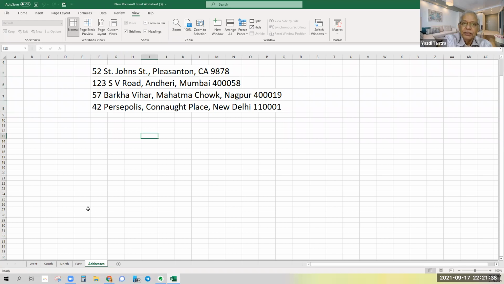Now you want to print this as address labels. So how will you do it? You want to put these one below the other, and then print it.